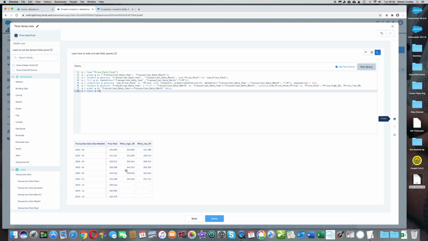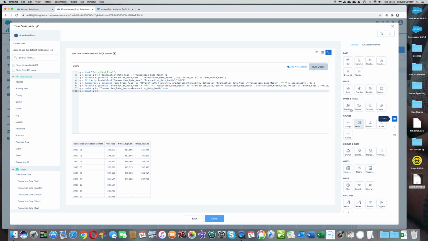So you can see the query running, and rather than just having the single column this time of the time series predicted future predictions of pricing, what we have is a high prediction and a low. So when we put this into the chart,